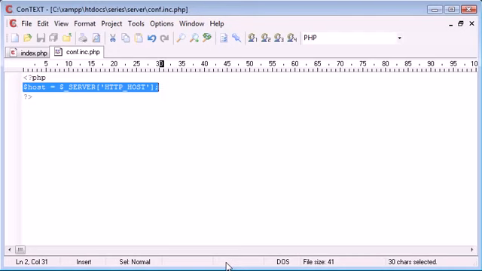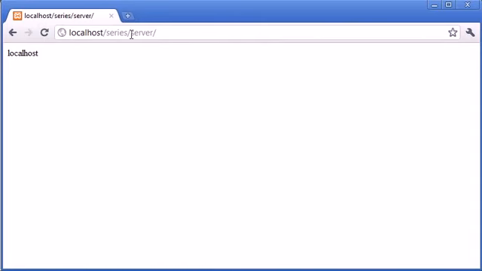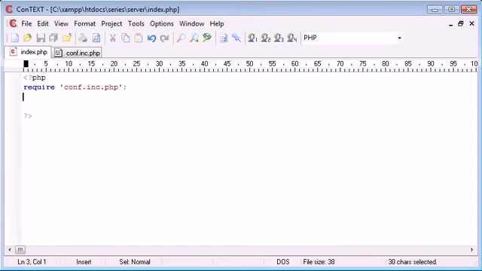So let's say at the moment I've got it on localhost and I'm developing it. All my pictures, for example, for a template system, are going to come from localhost / something. At the moment, the URL I'm running under is localhost / series / server. So what I could do is say host equals this, however